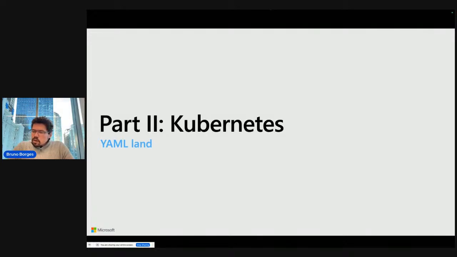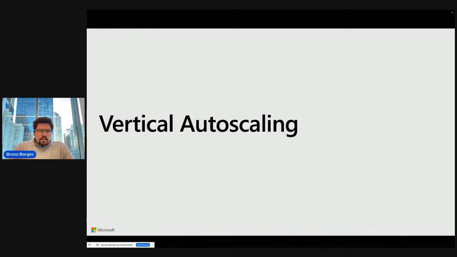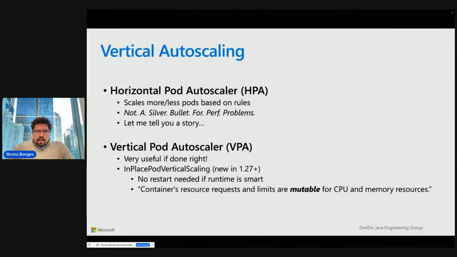All right, so let's talk about Kubernetes. Kubernetes has many scaling options. One of them is vertical auto-scaling. Actually, the title of the slide is wrong. There are different types of auto-scaling in Kubernetes. One of them is called the horizontal pod autoscaler, and the other one is the vertical pod autoscaler. The horizontal, it's the most common one, just gives you more